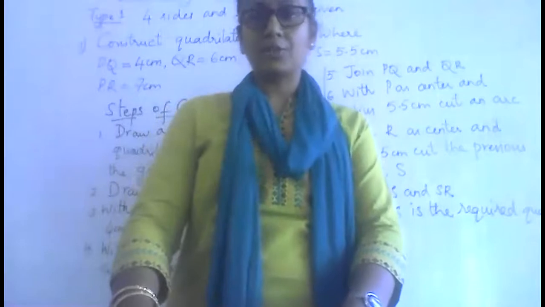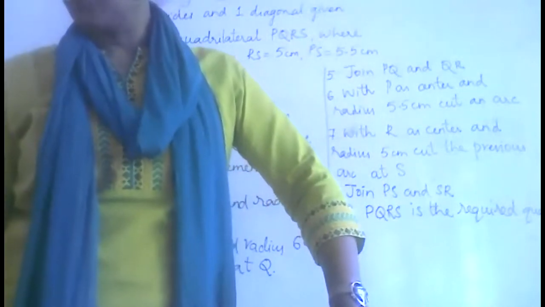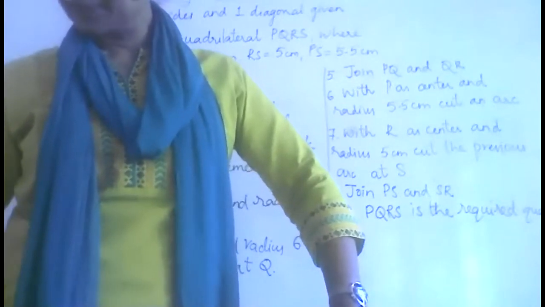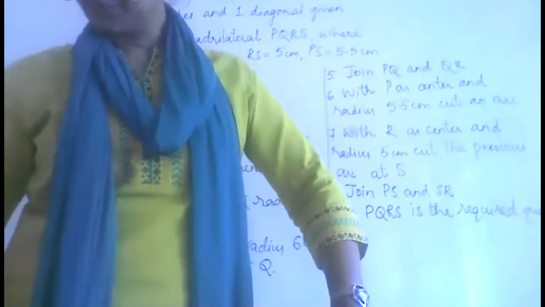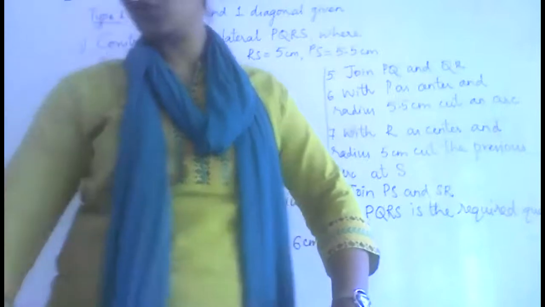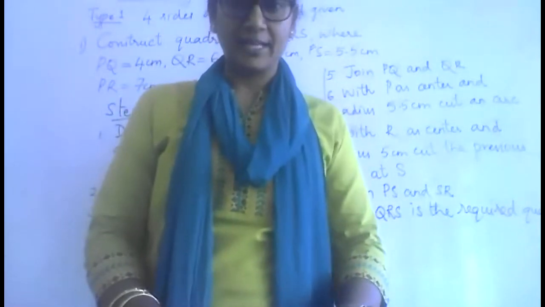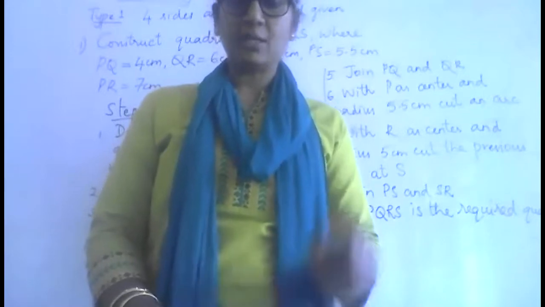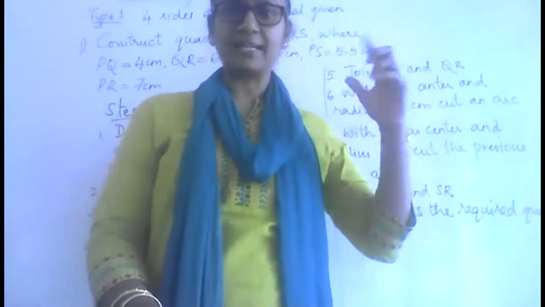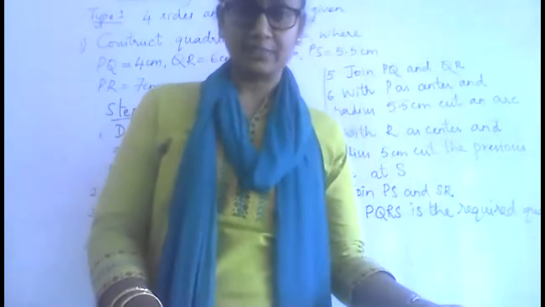So today you will try one more on your own. Page number 60, exercise 4.1. I think the first one is what I have done. You can try the second one, quadrilateral JUMP. Here also you are given 4 sides and 1 diagonal. First draw the rough sketch, visualize the quadrilateral, see how the quadrilateral is divided into 2 triangles by drawing the diagonal. Then start with your construction.